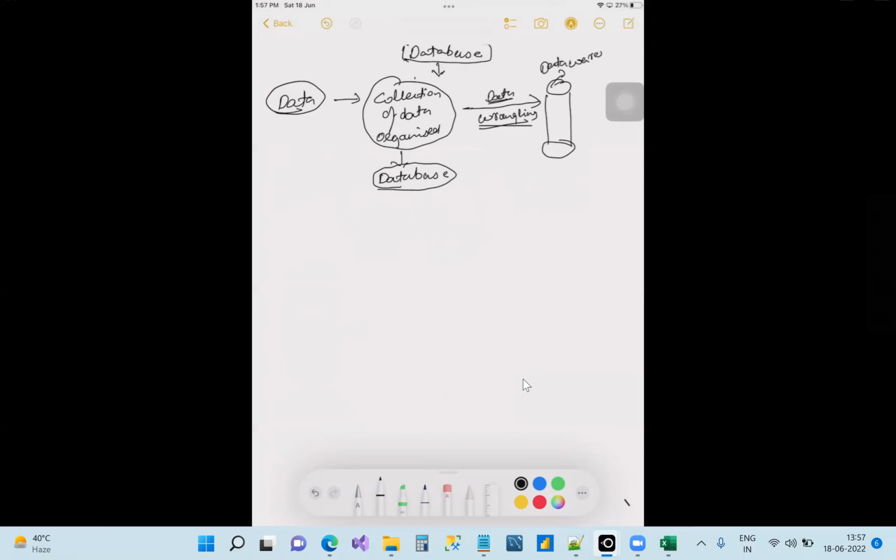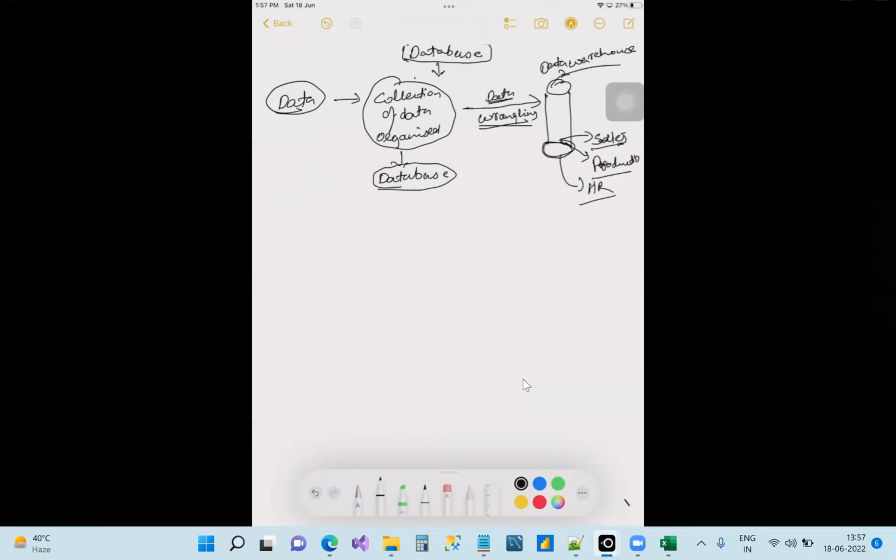All good till now? Now in this data warehouse, when you have made your data ready for analysis, it is going to keep a lot of data, right? That is ready for analysis, like sales data, production data, HR data. All this data will be ready for analysis. It will be called a data warehouse.